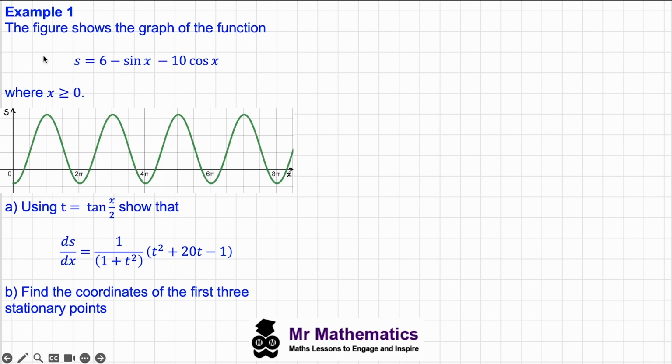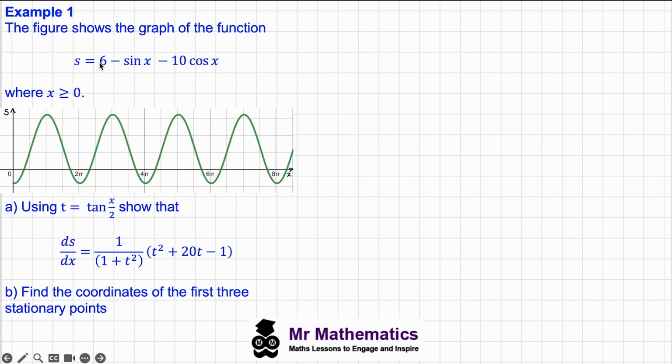So in example 1, we've been told that the figure shows a graph of a function s, which is equal to 6 minus sine x minus 10 cos x, where x is greater than or equal to 0. And using t equals tan of x over 2, show that ds by dx can be written as this function in terms of t. So the first thing we're going to do is differentiate this function with